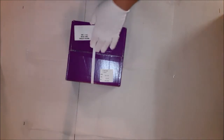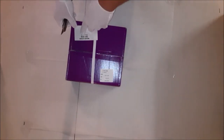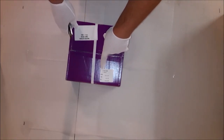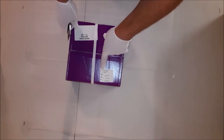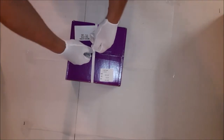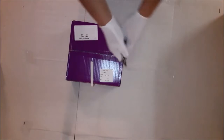Okay, so this is how the owls come from the mint. This is a box of 500 Niue owls. There's actually a date stamp. You probably can't see it in the video, but it's April 27, 2020. It doesn't get any fresher than that. All right, so they always come banded like this for security. As we open the box up,